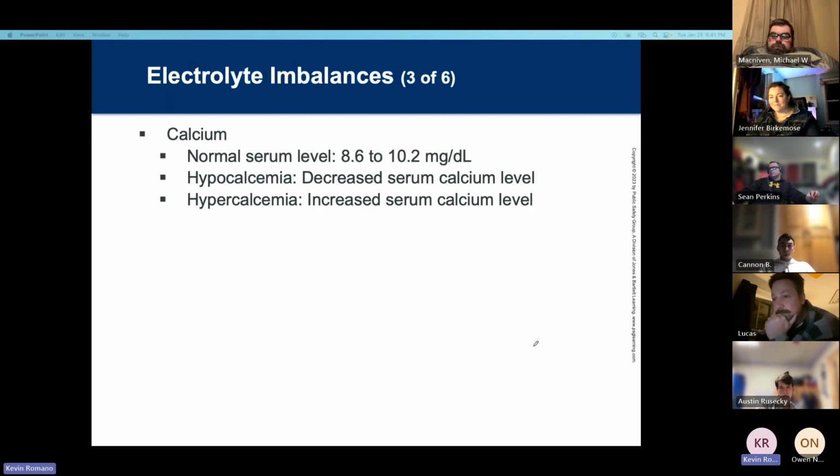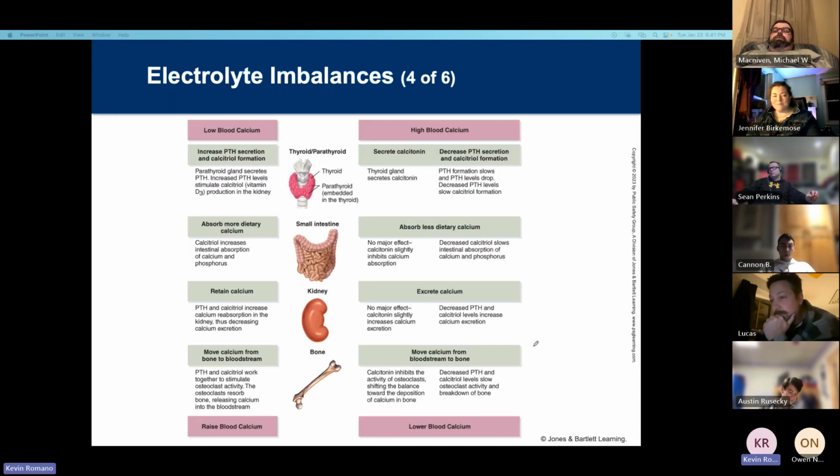All right. Let's move to the next one then. So we look at low and high blood calcium levels here. As far as the low, let's look at this figure, the blood calcium levels. Low blood calcium would increase PTH secretion and calcitriol formation. So the parathyroid gland secretes PTH, and increased PTH levels stimulate calcitriol, which is vitamin D3 production of the kidneys,